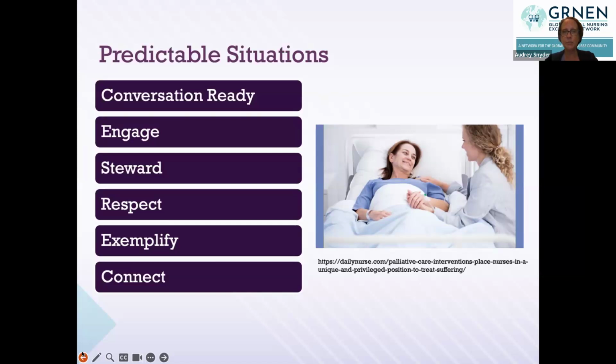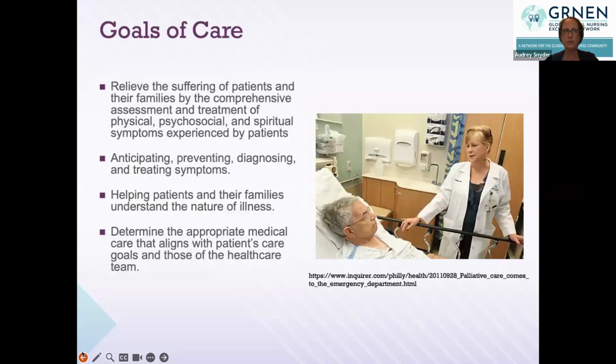Also, we need to exemplify the use of advance directives in our own lives. So if a patient says, well, do you have one? We need to be able to say, yes, our wishes are known, they're written down. And then connecting the patient respectfully, thinking about their cultural and individual preferences. I do know that in some cultures, telling someone that they are dying is not an acceptable thing to do. So the work that we do, we want to ensure that we know what their cultural perspectives are